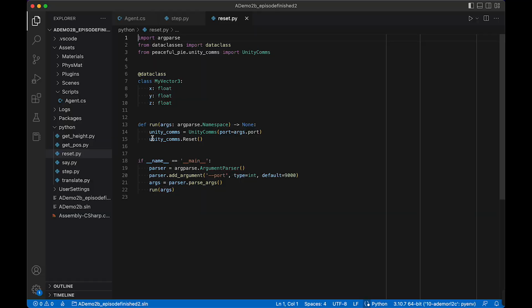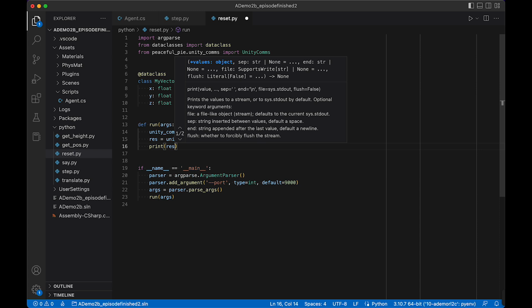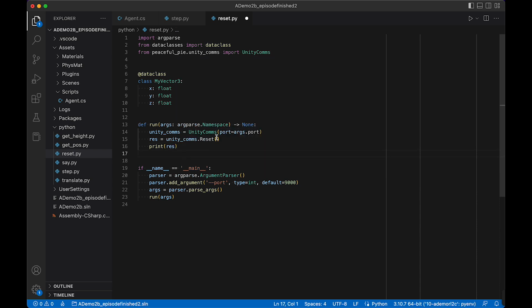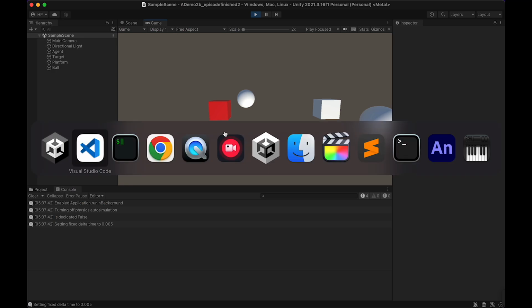All right, and then we also need to add the observation to the reset. So we can just do res equals and then print the res, but that will be a dictionary, and we want it to be a myVector3. So in the same way as for the step, we can do result class equals myVector3. So now if I call reset,